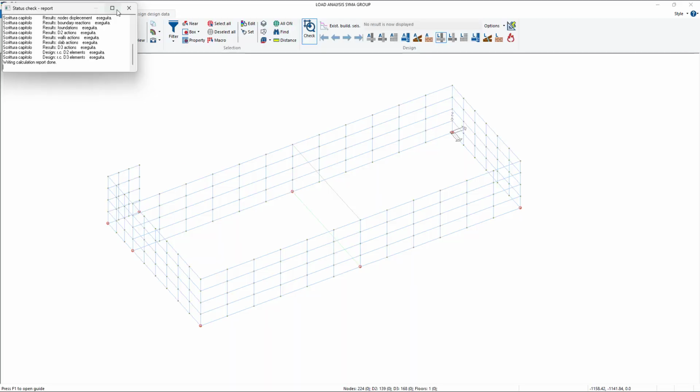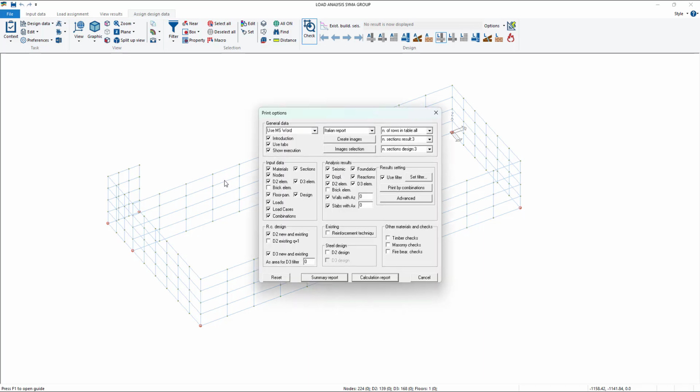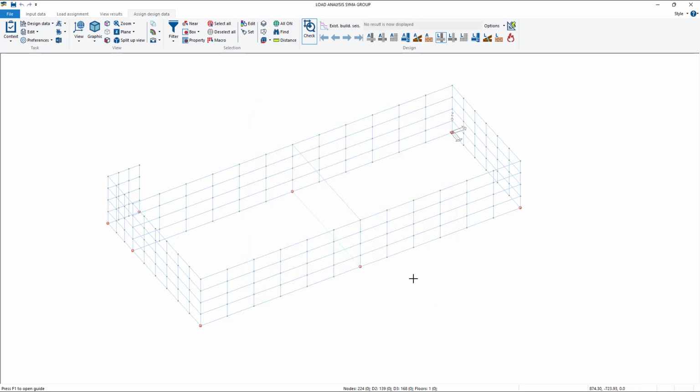Probably I forgot to check the English part, so calculation report, okay. You absolutely have to do this, so to change from the Italian report to the English report. Okay, I'm not going to do that again. Just remember this. So we can close this one.